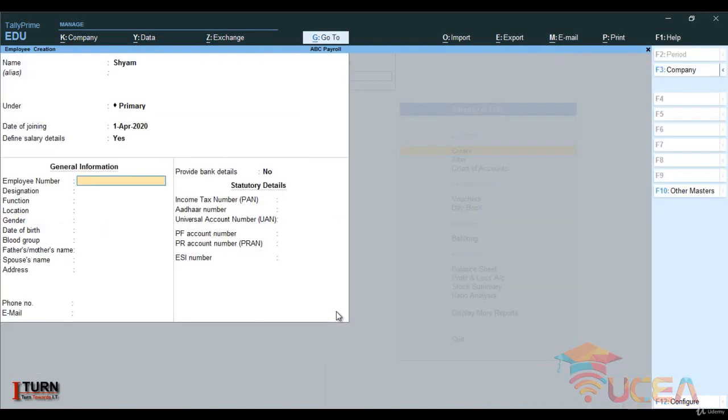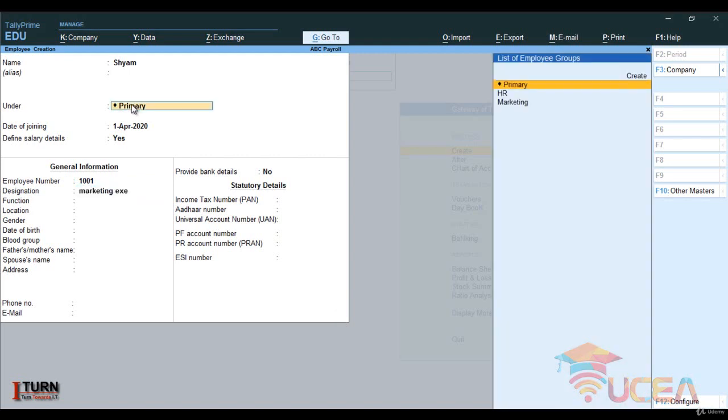Okay, now next thing is the employee number. So let's say I am giving it 1001. For designation, Shyam, I am, let's say, selecting marketing executive, or whatever you want to give.